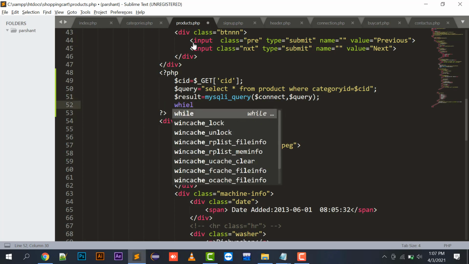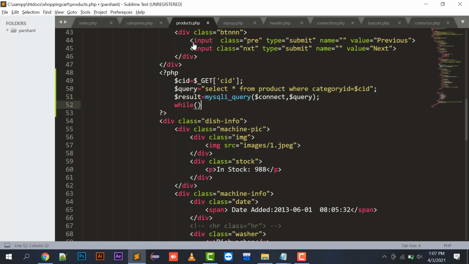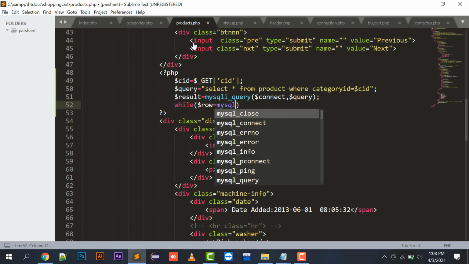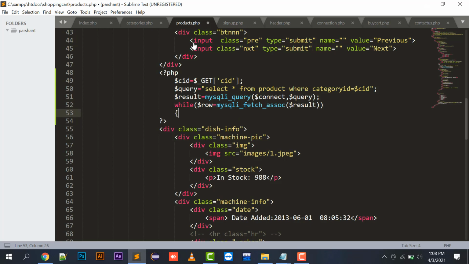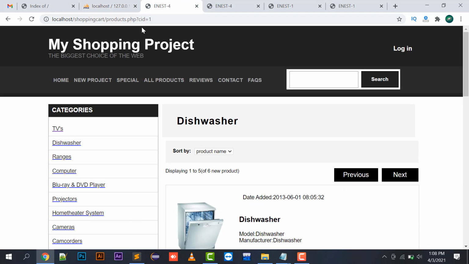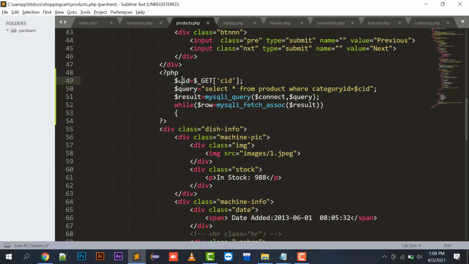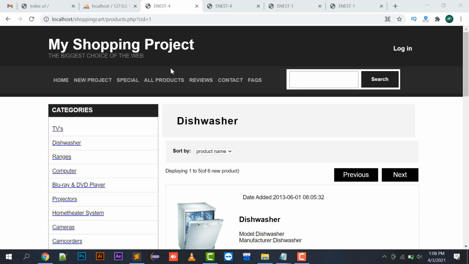So what this query will be doing is, first of all, getting the CID, right? CID right now at the top of the screen in the URL is 1. So 1 will be coming to the CID variable. Then select star from product where category ID equals CID.